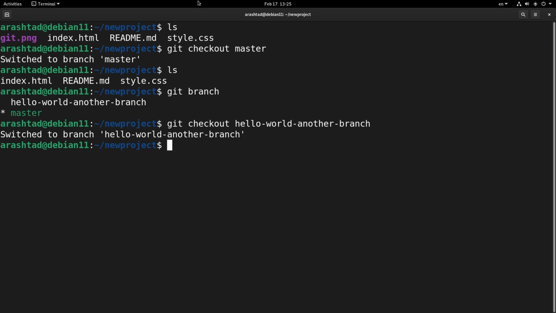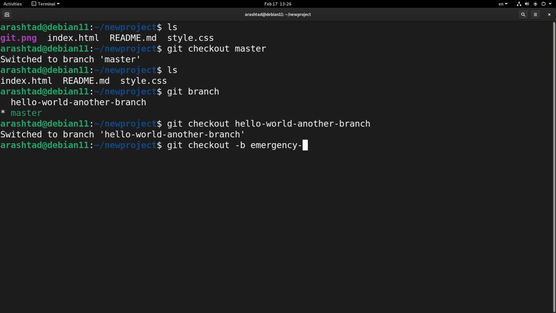So right now we're going to work on the emergency branch, and the reason we use the emergency branch is that imagine that we are on this Hello World another branch, and we've realized that we have a problem on the master branch. So we need to quickly fix whatever that is inside of the master branch, and then get back to whatever we need to change on this Hello World another branch. The way that we can do this is to run git checkout and then -b, and then what we write here is